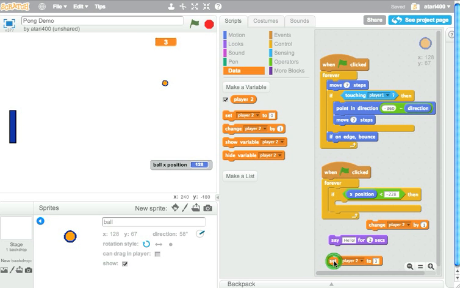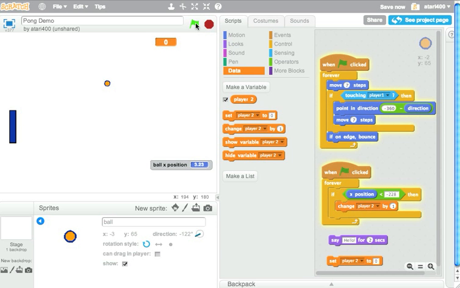So this basically says player 2 equals 3, and this says player 2 equals player 2 plus 1. You would use set at the beginning of your game to set your variables down to 0 if you had a restart button, and then you would use something like change to alter the score every time the player